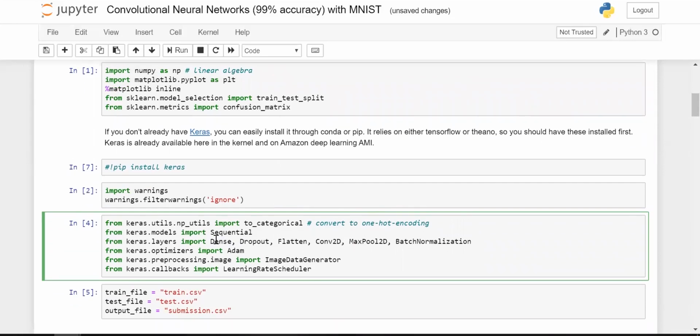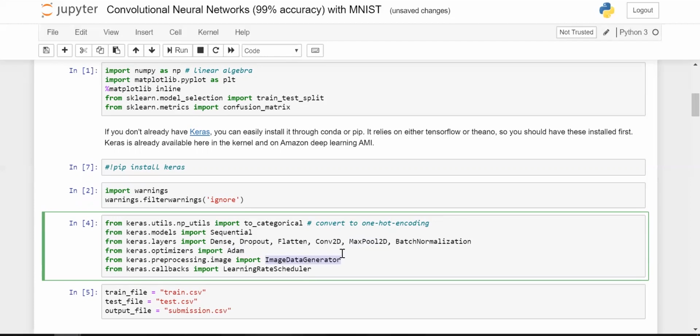Dense layer is nothing but a fully connected layer, and Flatten, Conv2D and MaxPool2D are all filter layers. Max pooling is nothing but a pooling layer which applies a pooling operation over the images that are being passed through the neural network. And this is an Adam optimizer, which is used to optimize the model in the model.compile phase. And here we'll be using ImageDataGenerator from keras.preprocessing.